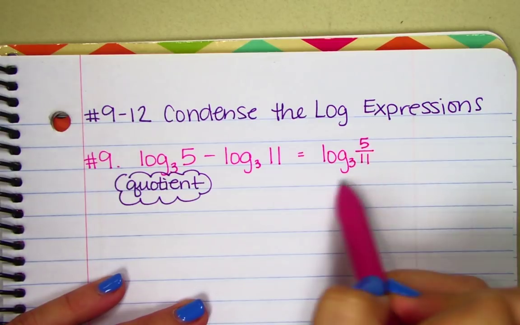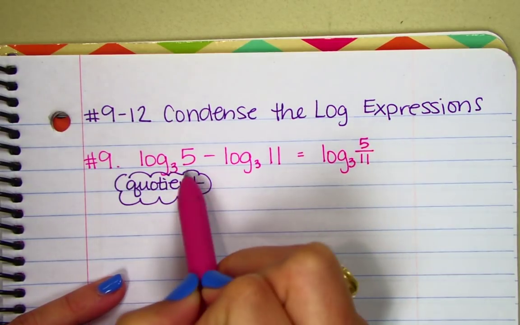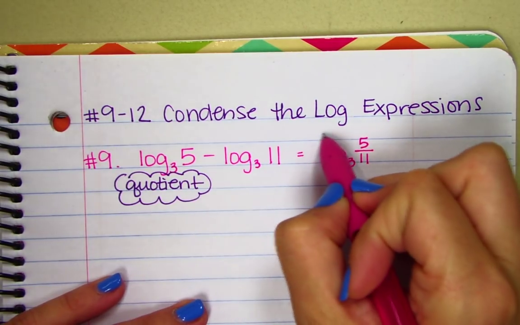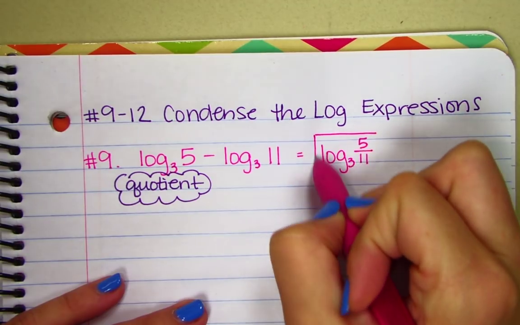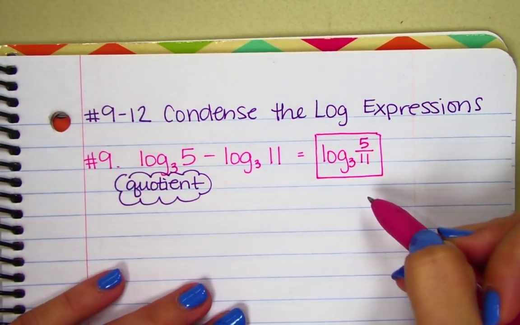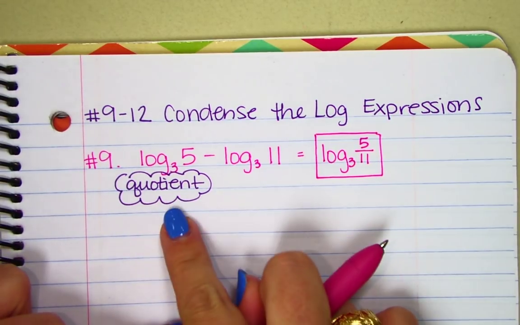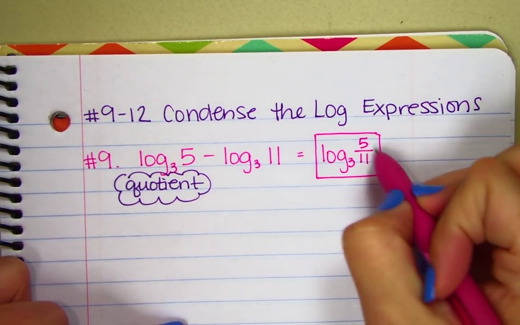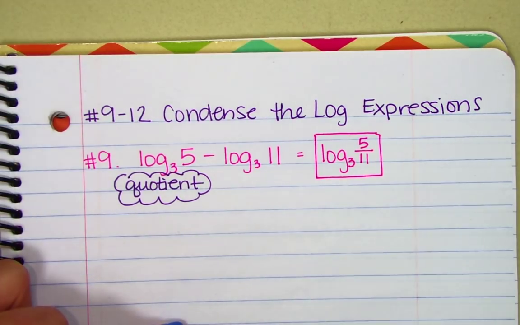Again, last class we started with this and went to this. Now we're doing the opposite. We're condensing. And on this one, that will be our answer. That's our condensed expression. That's as much as we condense it. There's only one property used here. On this, 5 divided by 11,